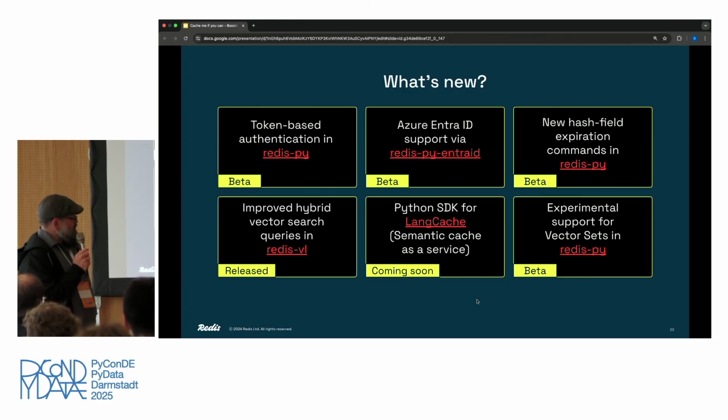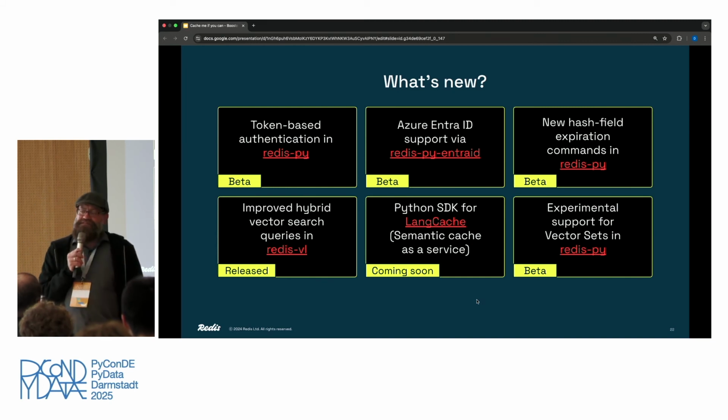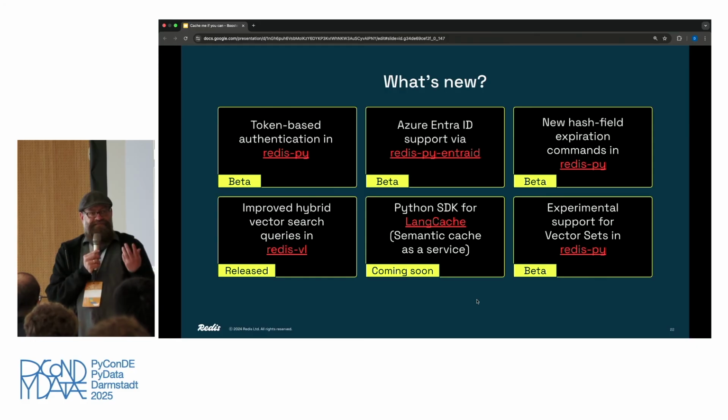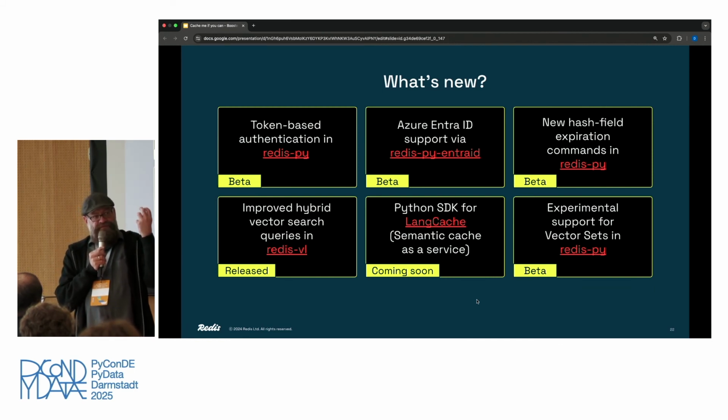Then there is a new service that we launched, as a kind of preview, I would say, which is semantic caching as a service. That's maybe interesting for you guys. Semantic caching is not just caching; it's caching plus a vector database. In a cache, you fetch the data always by the exact key. In a semantic cache, you fetch the data from the cache based on the semantic context. So you need to have the vector database first in order to find something which is semantically similar, and as soon as you found it, you can fetch the element from the cache,